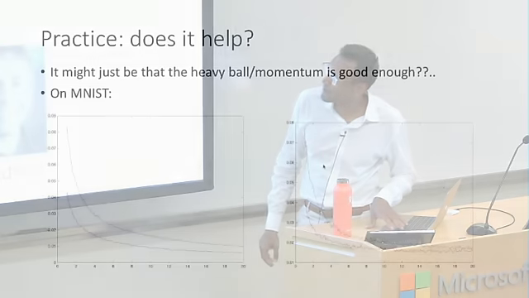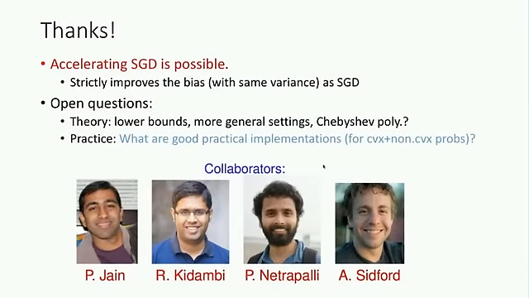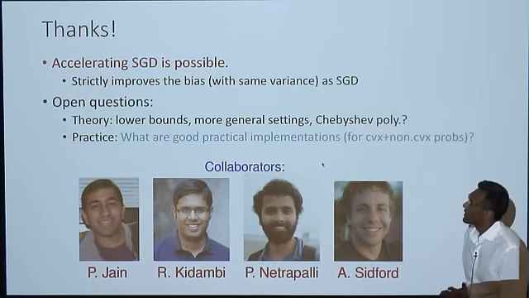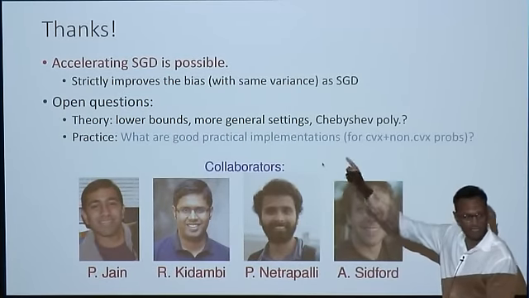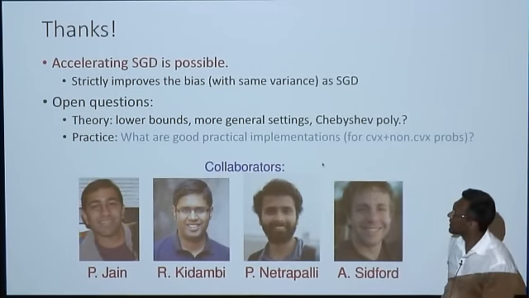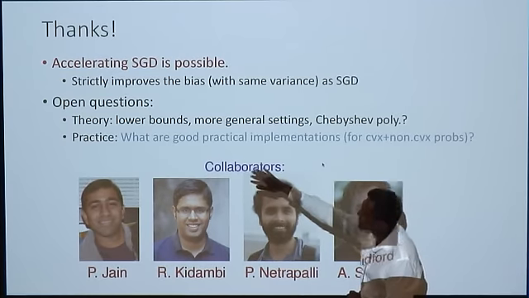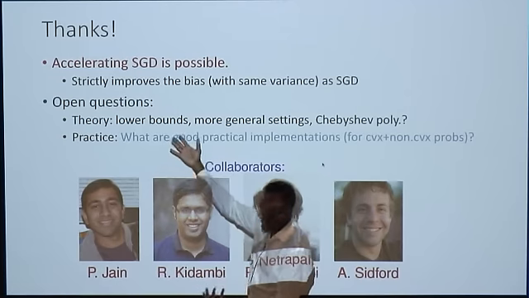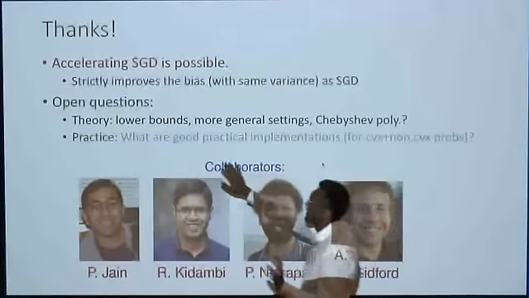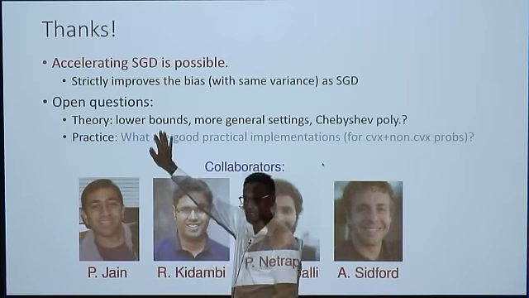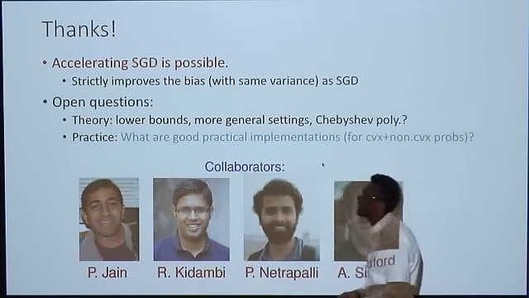So in terms of summary and some of the open questions, there is this acceleration question. I think it really is possible in this stochastic land where we can strictly improve the bias and really get the same optimal statistical variance. And in terms of theory, I think there's an interesting question of, are there lower bounds? There's some analog of the Chebyshev sort of argument as to what the best you could hope for is for just, say, solving an infinite set of linear equations where you could just sample them randomly. Okay, and I think the practice one is,